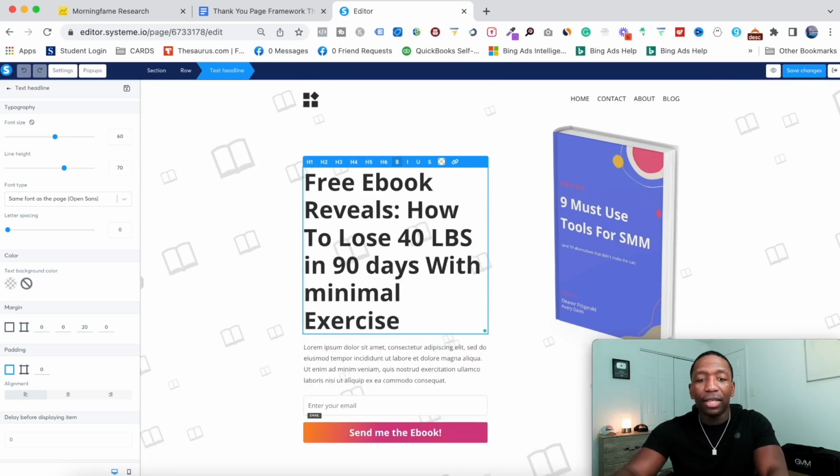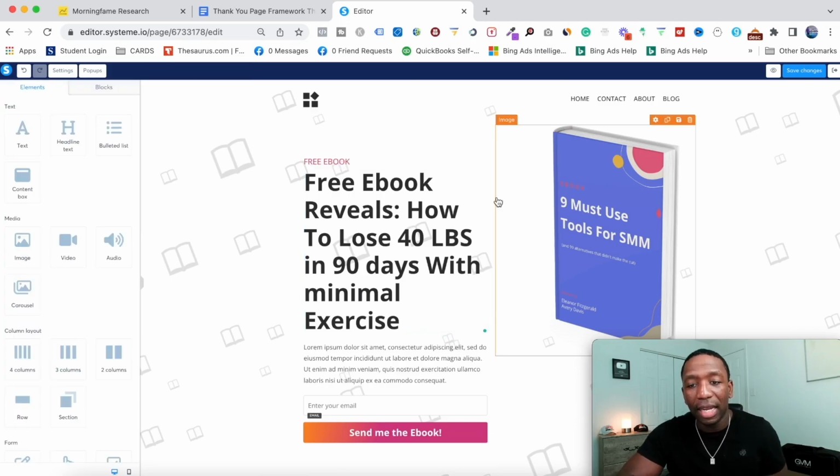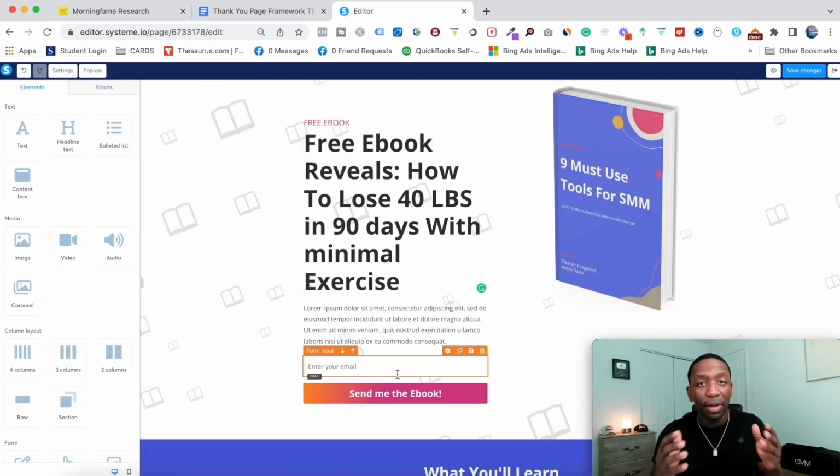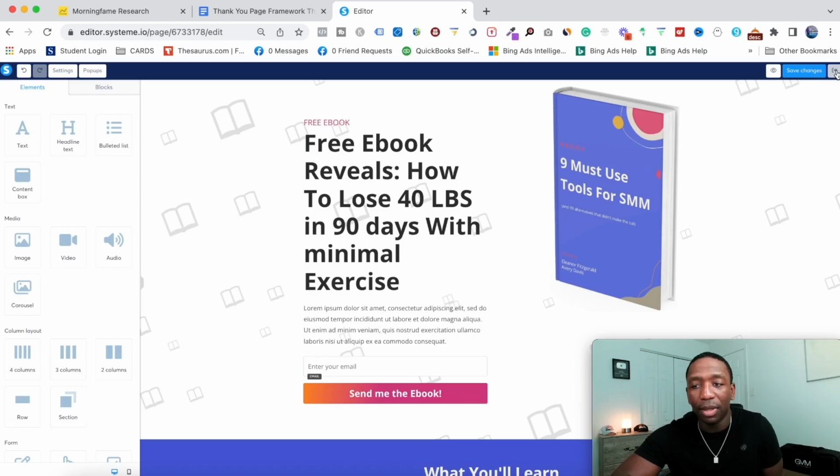Hey, there we go. Exercise. All right, so that's what my ebook talks about, and we're just gonna leave the picture how it is. All right, so now at this point, I got my headline, I got what I want to do as far as the email stuff, and then I'm gonna go ahead and hit this little button right here,